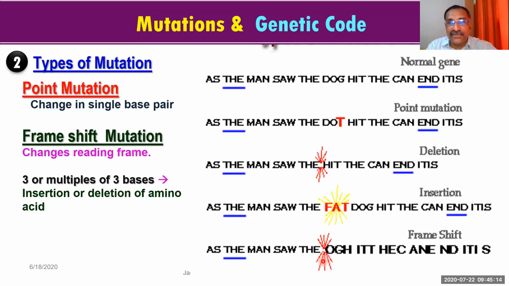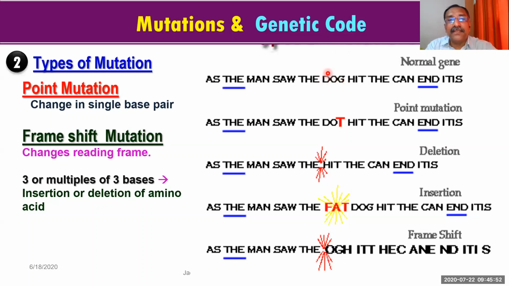Yeah, you are getting confused there. But all the words, from here to here, are of three letters. Am I right? You know that the genetic code is three letters. The genetic code is three nitrogen bases, a triplet code, we say. So we have to make it triplet. All the words must be triplets. Up to here everything is the same. There are three here, three here, three here, dog three.